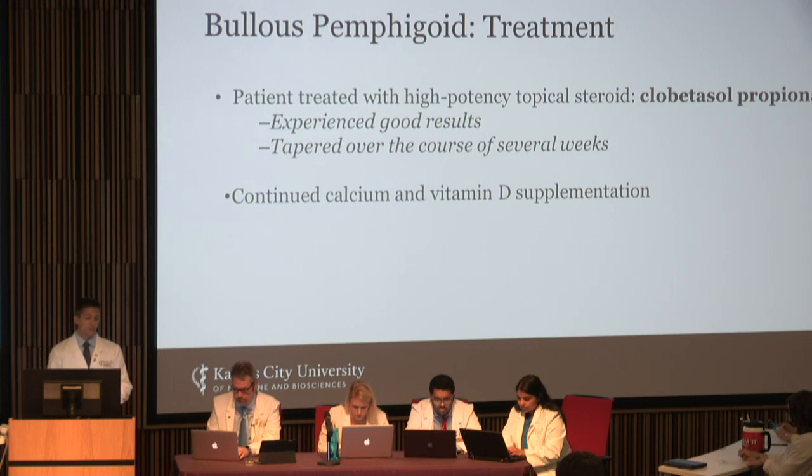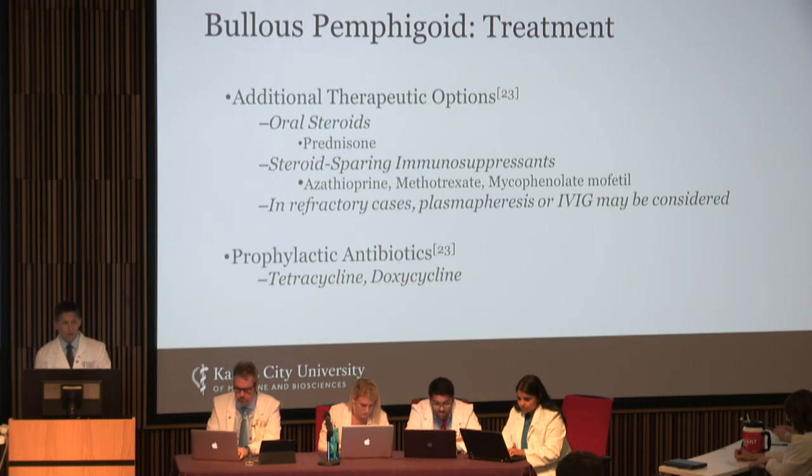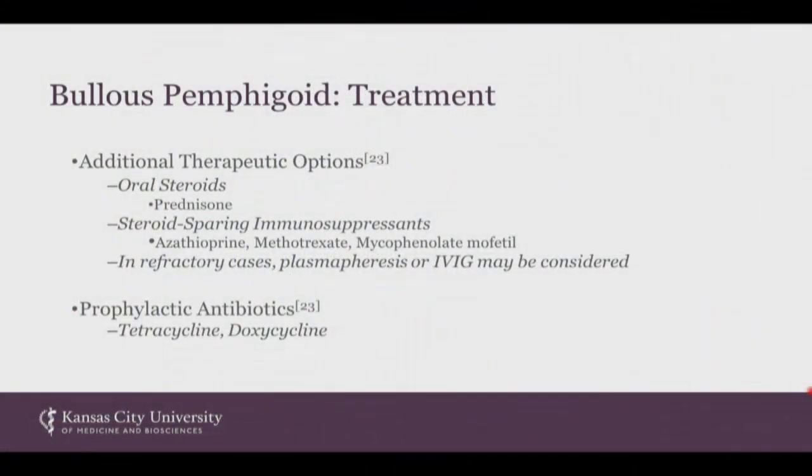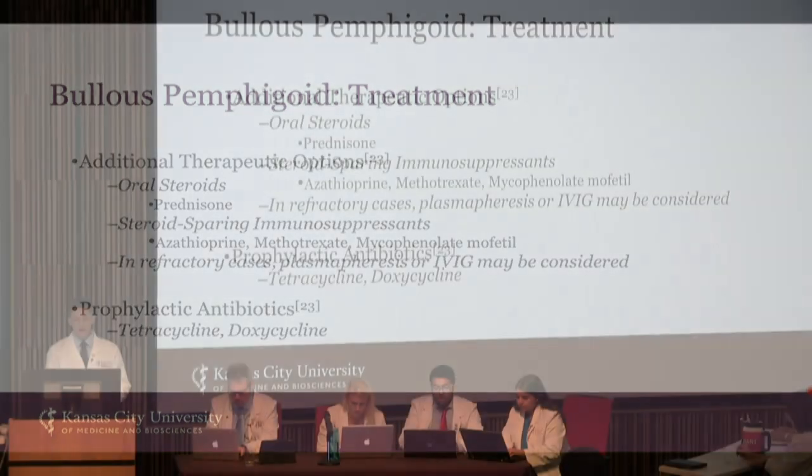For osteoporosis, it's important to note that we continued her calcium and vitamin D supplementation, as steroid usage can eventually worsen osteoporosis. There are a few additional treatment options that we did consider, the first of which is oral corticosteroids such as prednisone. These have shown equal efficacy when compared to clobetasol. They are, however, associated with a higher incidence of some of those adverse side effects that come along with corticosteroids. Some examples would be Cushingoid syndromes, decreased ability for wound healing, osteoporosis, hyperglycemia, and an increased incidence